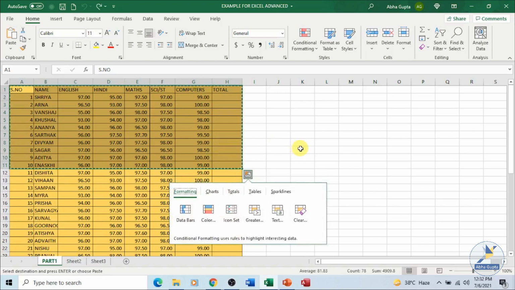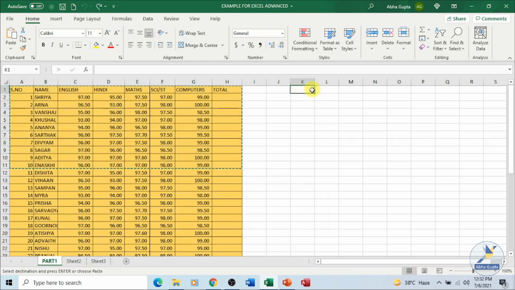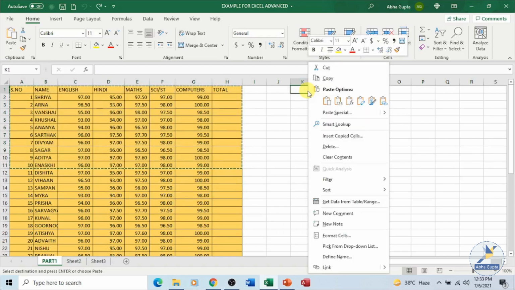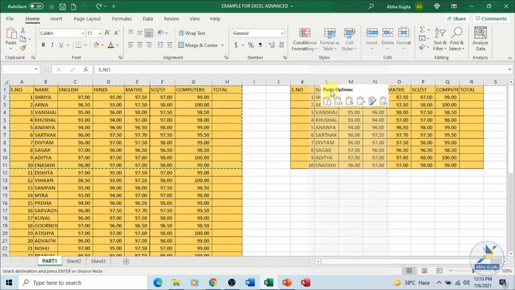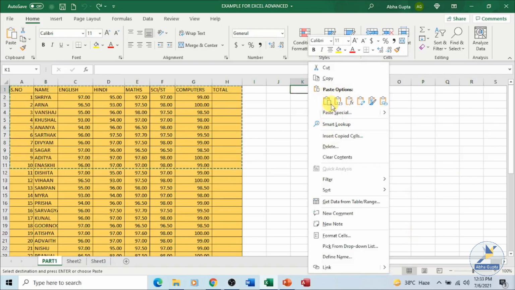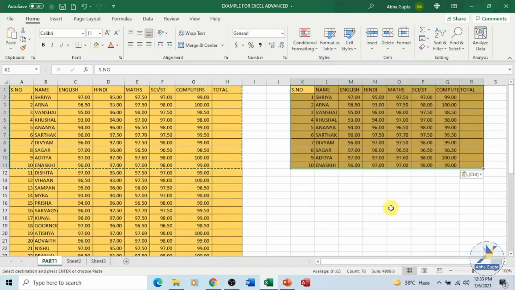The moment you press the shortcut key or you select any of the options which we have discussed, you get marching ants around the data which you have selected. Simply select the cell where you want to move or copy the data and press the shortcut key, or again you can use the right click and paste from here. Click the paste option. You can see the data being pasted to a different location. We have copied the data. Now to remove these marching ants, you can press the escape key.